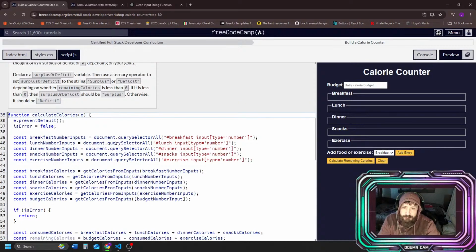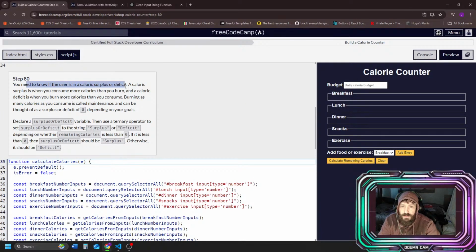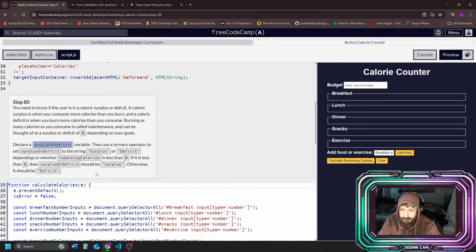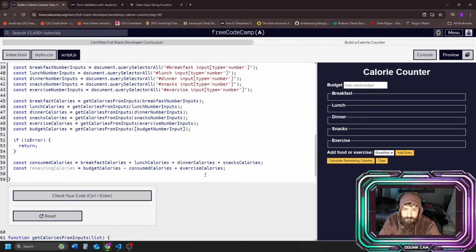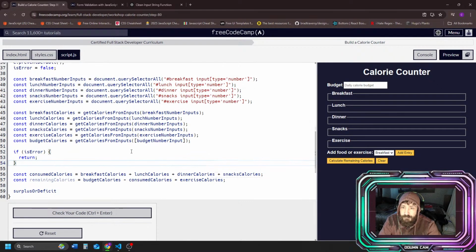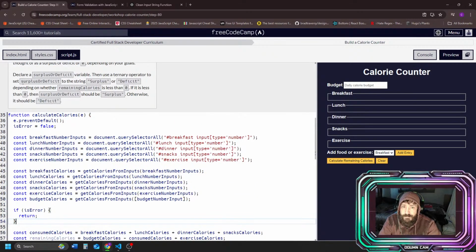There we go. Okay, you need to know if the user is in a caloric surplus or deficit. A caloric surplus is when you consume more calories than you burn, and a caloric deficit is when you burn more calories than you consume. Burning as many calories as you consume is called maintenance, and can be thought of as a surplus or deficit of 0, depending on your goals. Declare a surplusOrDeficit variable. Then use a ternary operator to set